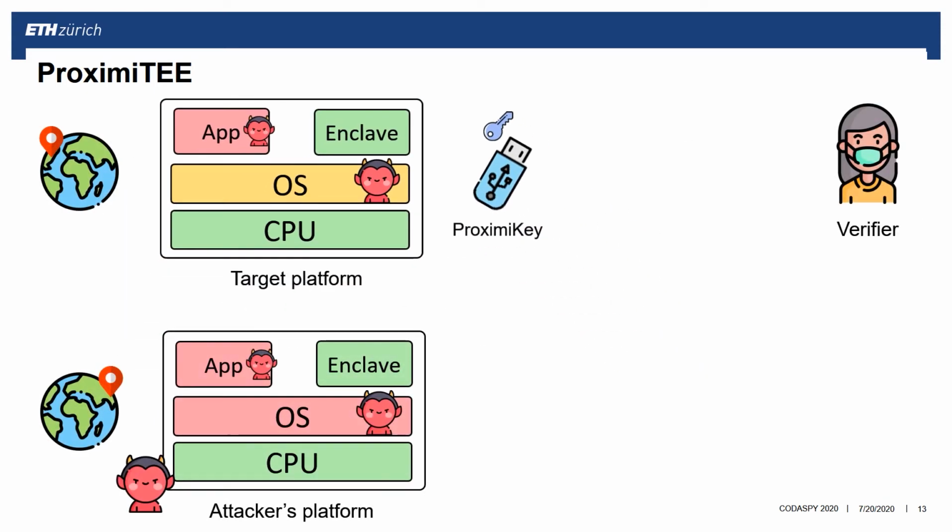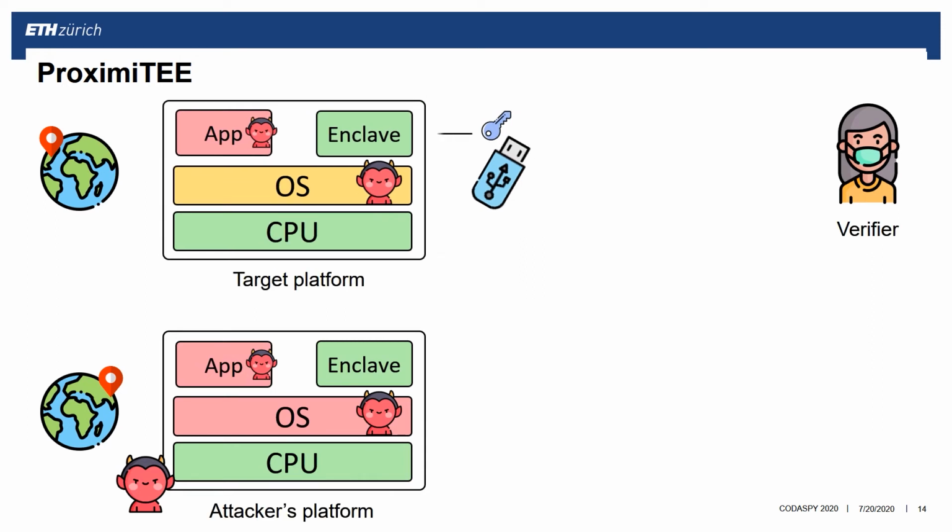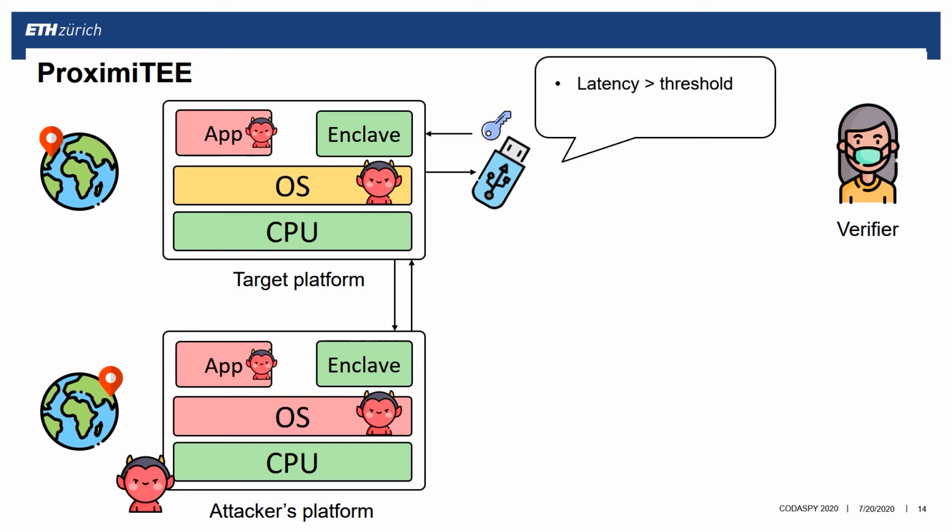Now if we look at the big picture, if there were a relay attack, ProximiTEE sends the challenge to the target platform, which relays it to the attacker platform. The attacker platform computes the signed attestation report and sends it back to the target platform and back to the ProximiTEE. Now it calculates the response time and sees that the latency is more than the threshold, because it not only includes local interface communication but also the network communication, which is much slower compared to this interface, and based on that it determines that there may be a possible relay attack.